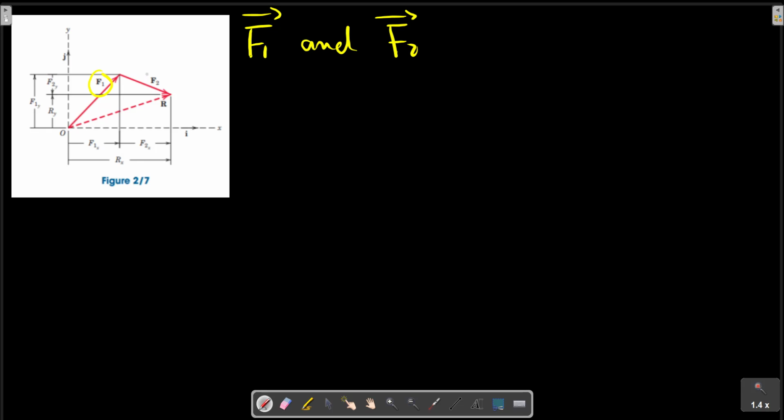These two vector forms are originally concurrent at a point O. Figure 2.7 shows the line of action of F2 shifted from O to the tip of F1 according to the triangle rule. In adding the force vectors F1 and F2, we may write R